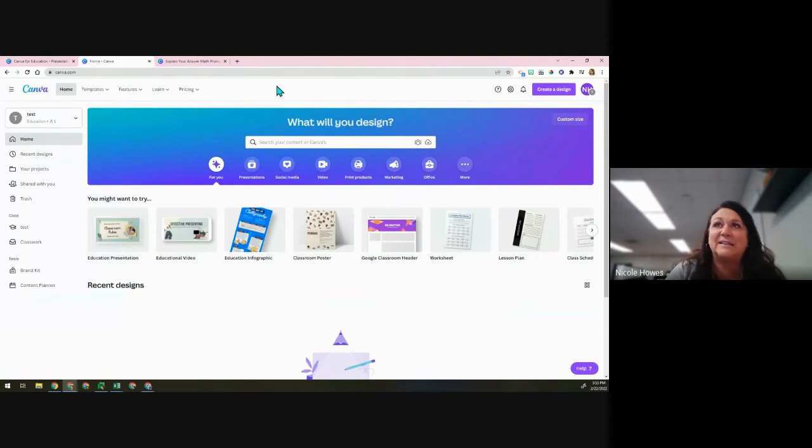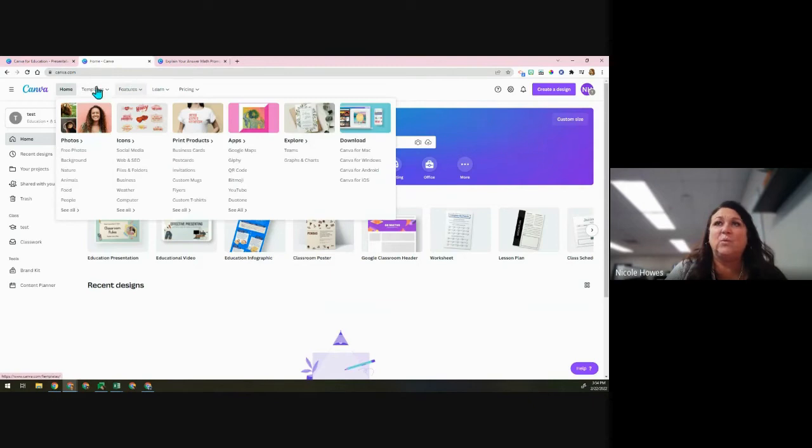If you're not in Canva yet, if you could open up a tab and go to canva.com. If you already have an account, you can go in that way. If you need to get the EDU account, you can always get that later to link what you've done. But I wanted to play around a little bit with the templates real quick,